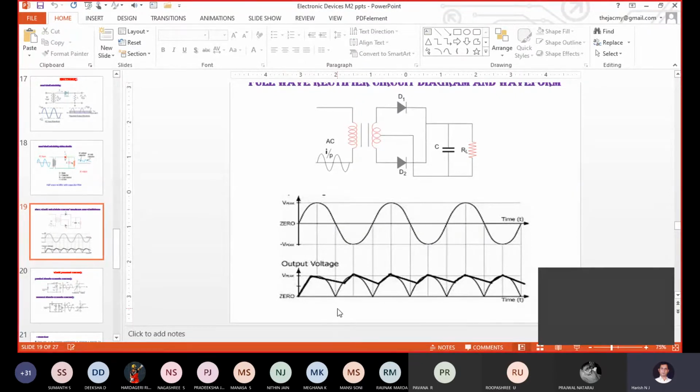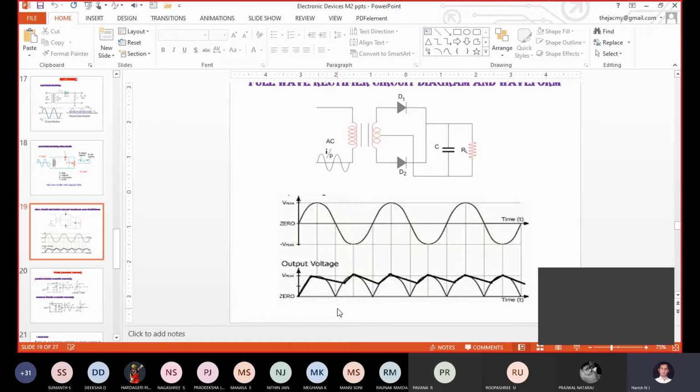Correct. So with the help of an appropriate filtering technique, we have to extract the DC component present in the rectified output, or we can remove the AC component from the rectified output. In both ways you can define it. With appropriate filtering, you can isolate the DC component in the rectified output, or you can eliminate the AC component present in the rectified output. Anyway, you are isolating AC or DC. Correct. So okay, this is all about the rectifier part.